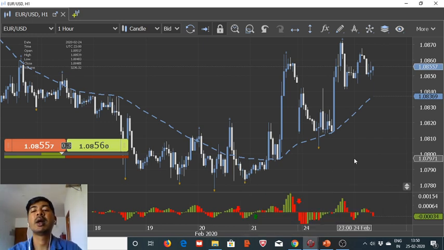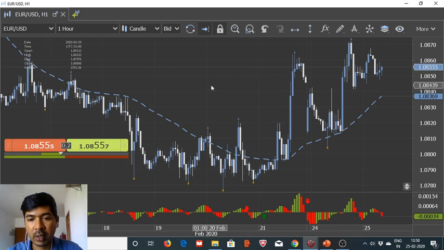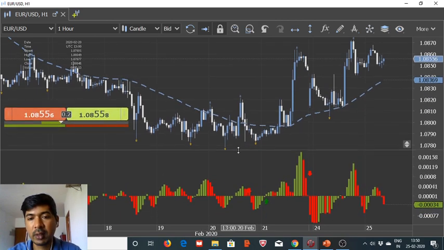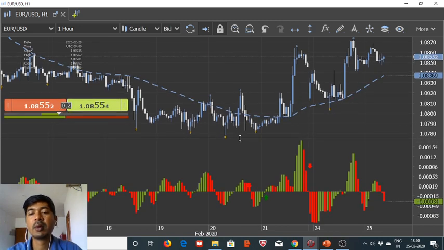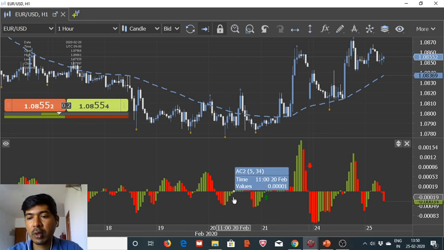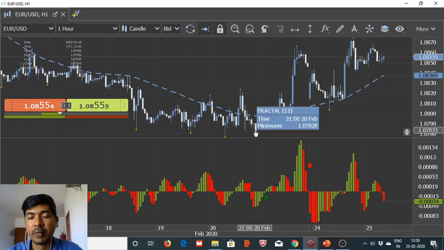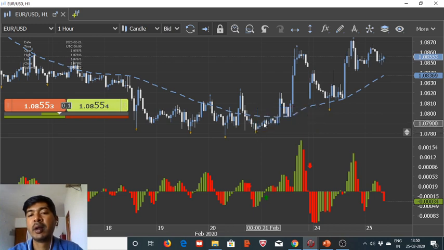So now let's get started with the optimization. As you can notice on the chart, I will just enlarge it to give you a better idea. Here you can notice that the momentum turns from bearish to bullish. So here the buy order should be placed somewhere here, and then after some time again the momentum turns from bullish to bearish, and here again the trend changes, and even that doesn't go far, and after a few hours, again the momentum shifts from